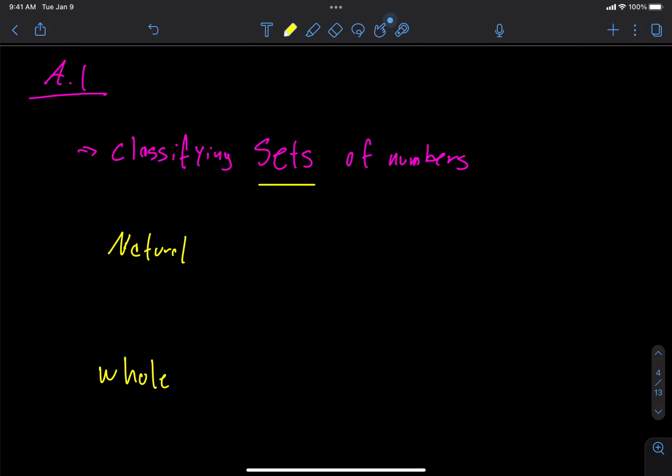So the first set of numbers that was ever really used by humans in history, right, was the natural numbers. Okay, so the natural numbers are all of the numbers that you can find like on your fingers, and then, you know, from there on, not counting people who have had part of their finger cut off. So if you count with fingers, we get numbers like 1, 2, 3, ... Okay, so positive whole numbers,